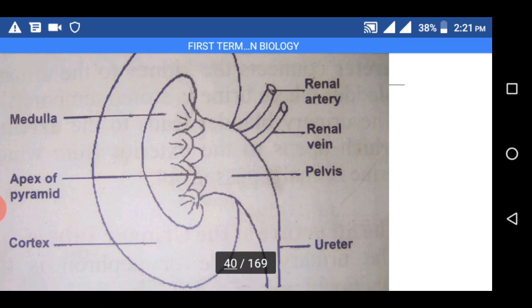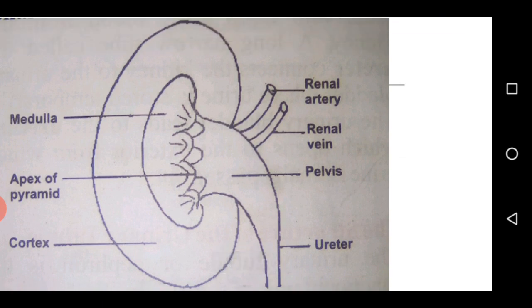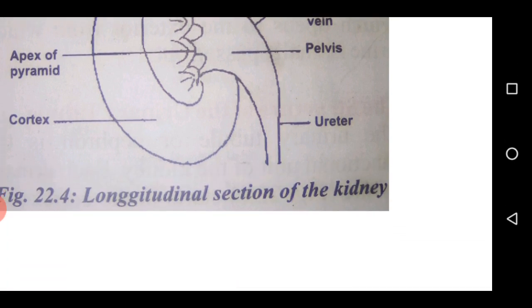So I said that the urinary tubule is inside this kidney, starting from the cortex, then coiled into the medulla, enters the cortex back and back to the medulla around the apex of the pyramid in order to drop all the waste material that has been collected by the tubule into this pelvis. And when it gets to this pelvis, the pelvis sends it to the ureter. Then the ureter sends it to the bladder. Don't forget that the ureter connects the kidney to the bladder.